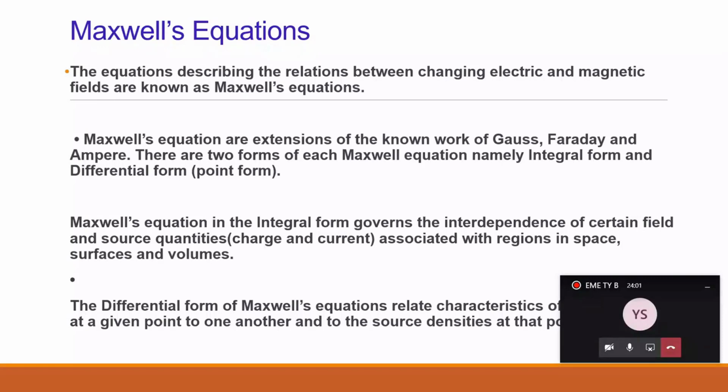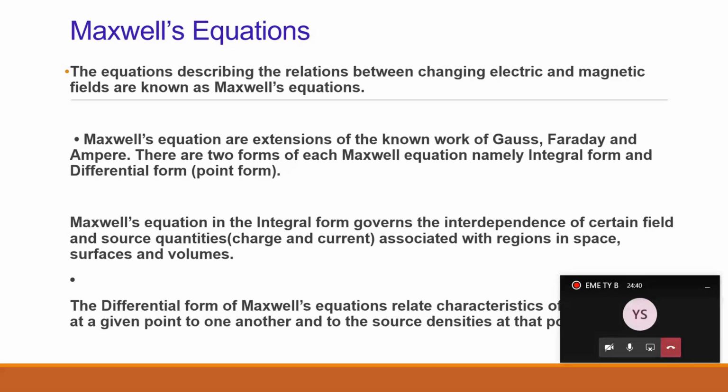We already know that Faraday, Oersted, these scientists stated different laws, and ultimately what is found is whenever there is an electric field, there is a magnetic field. Whenever there is a presence of electric field, there is always a presence of magnetic field, because electric field will move charges. When charges move, there will be a current. When there is a current, some magnetic field is generated, and when there is a magnetic field, EMF is generated. So both the fields are related to each other. Maxwell's equations are majorly used to indicate these relationships.